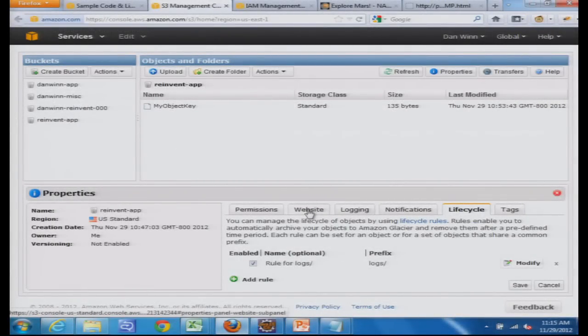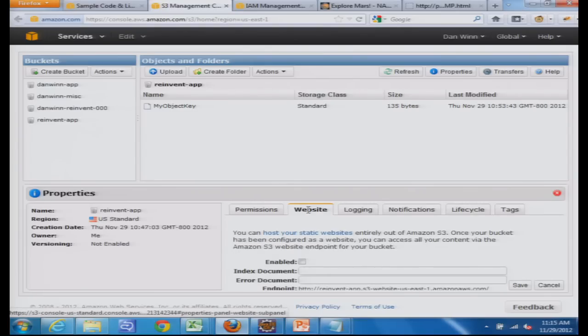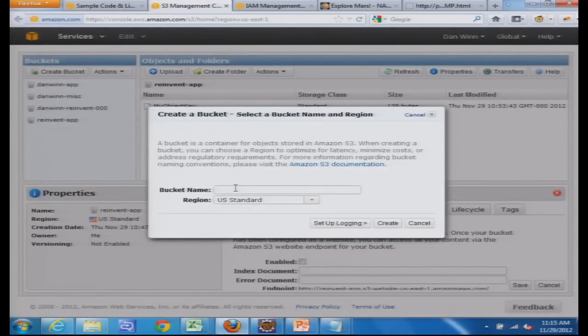So we're back in the console. And now we're going to flip over to the website tab. Actually, we're going to create a new bucket for this. So we'll create bucket. And we're going to call this one